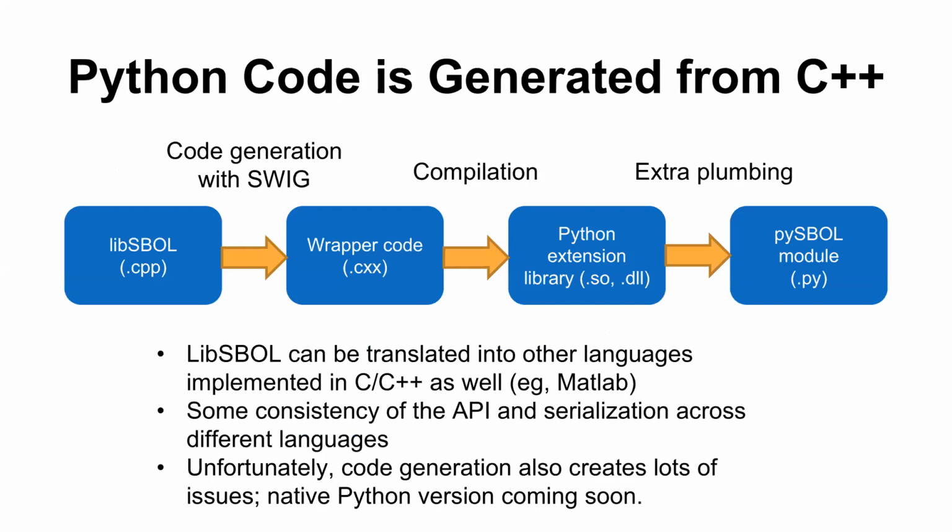So the relationship between the Python library and the C++ library is illustrated in this slide. The Python library is actually generated from C++ code. It's basically just wrappers on top of C++ binaries, and then it's got a little bit of extra stuff sprinkled on top. There were certain reasons that went into why we did this, which in retrospect, I'm not sure was the best decision, but